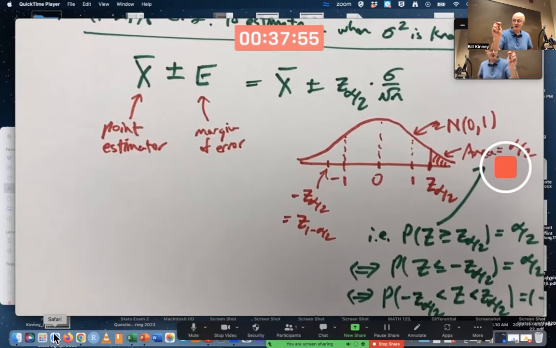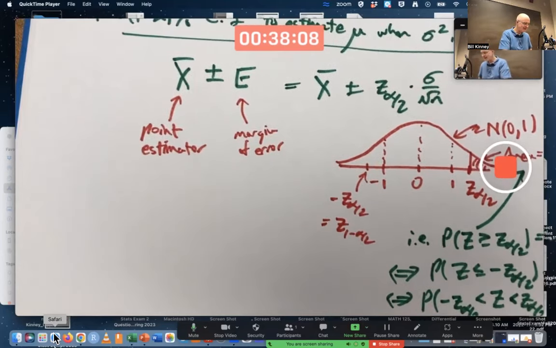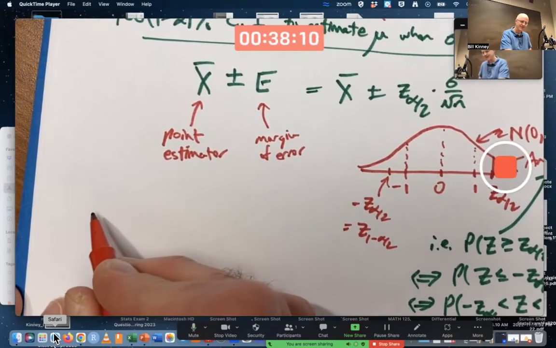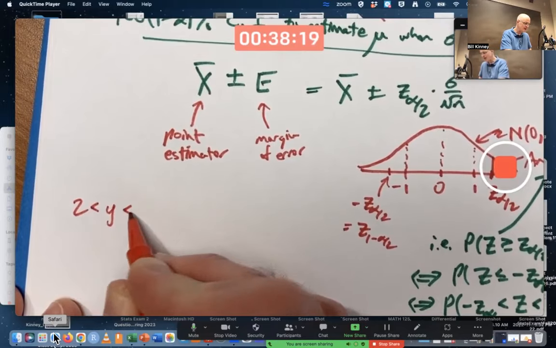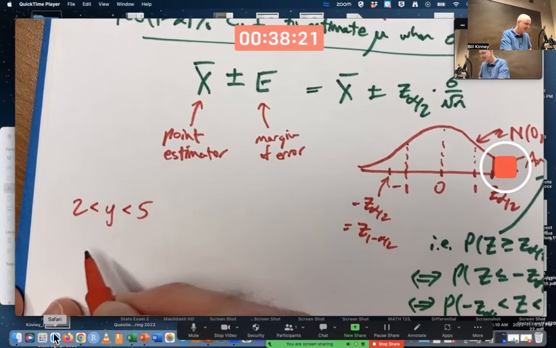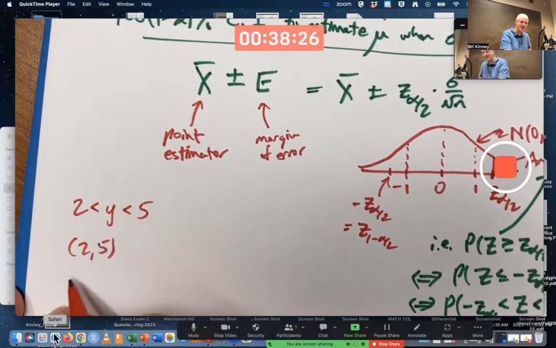Future teachers. Okay, it's happening to me with my statistical analysis students, business stats. Some of them are even like 25 years old or something. They're still getting inequalities mixed up. You know, if your interval is, let me use a different letter like Y or something, 2 is less than Y, always put the bigger number on the right, right? And if you're using interval notation, it's this, it's not 5, 2.